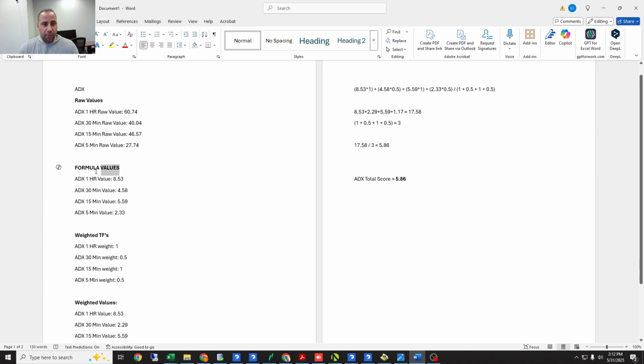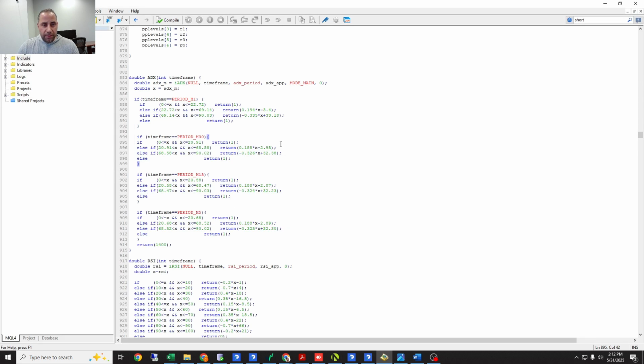Now, we have formula values. What happens is the algorithm will take these raw values and plug them into a mathematical formula. Here are our formulas for the ADX. How do you read this? If that value is between 0 and 22.72, the value is going to be 1. If it is between 22.72 and 69.14, you put in the raw value as the X value